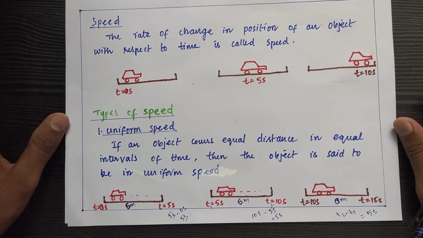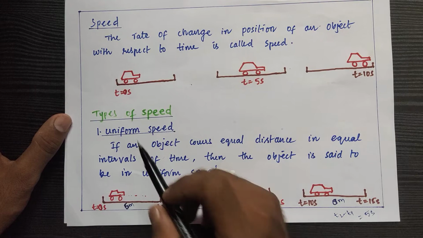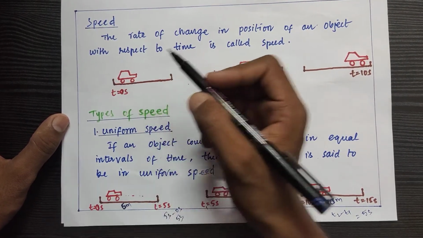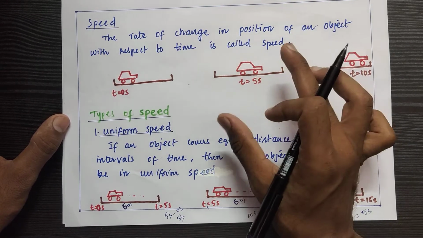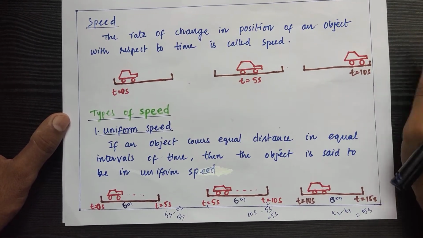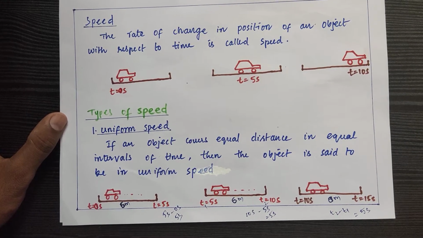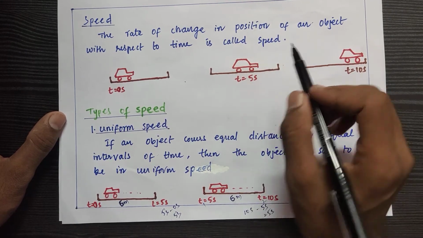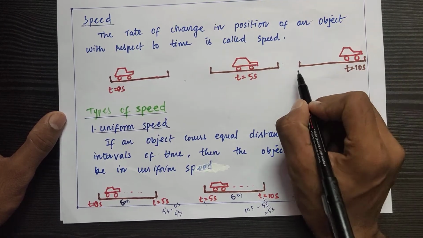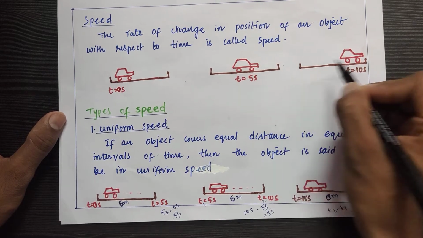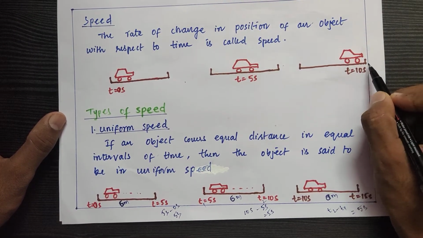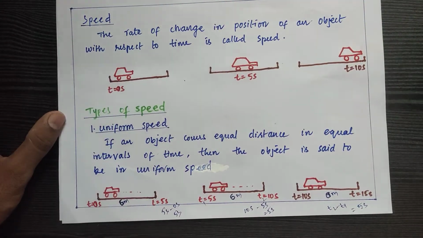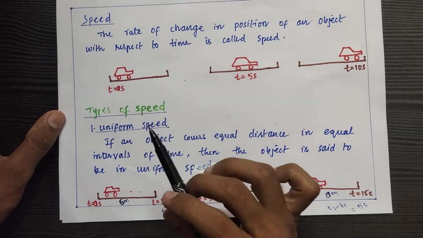Here, let me demonstrate with an example so you can understand this clearly. A car is at rest at time t equal to 0 seconds, and at time t equal to 5 seconds, it moves some distance. At time t equal to 10 seconds, it is at its final destination. As time increases, it covers some distance and the position of the car changes. Initially the car is here, and finally at time t equal to 10 seconds, it is here. So we can say that speed is nothing but change in position with respect to time. Now let us see the types of speeds.